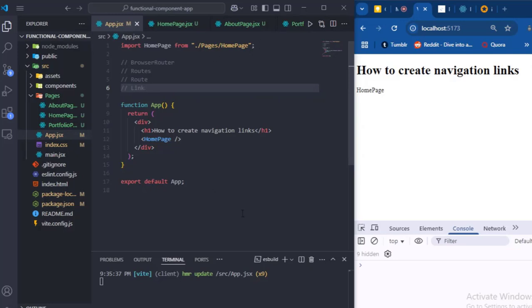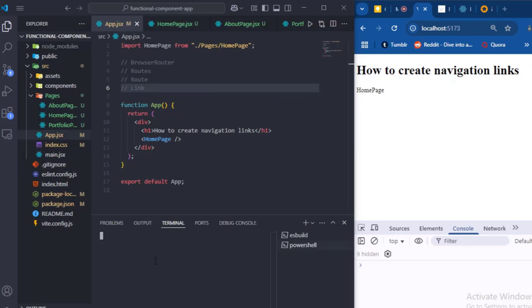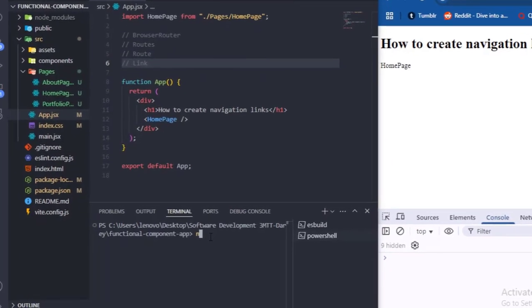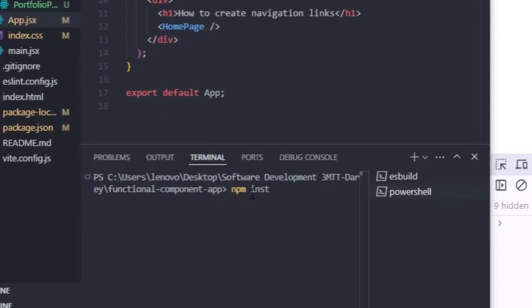So the module we need is now the React Router DOM. I'm not going to turn off this. Instead, I'll open a new terminal by clicking this plus icon. Let's give it a moment to load. On the new terminal, we can now run our installation while this is still working. So I'll type here npm install